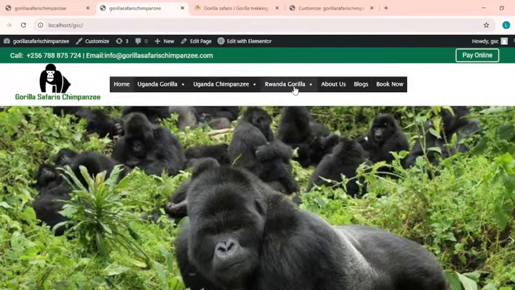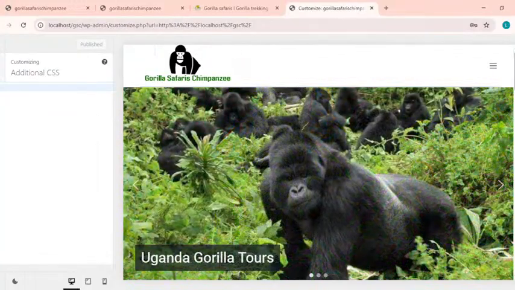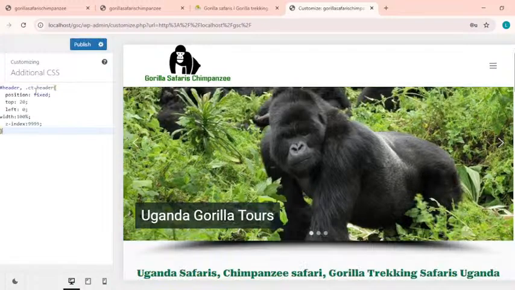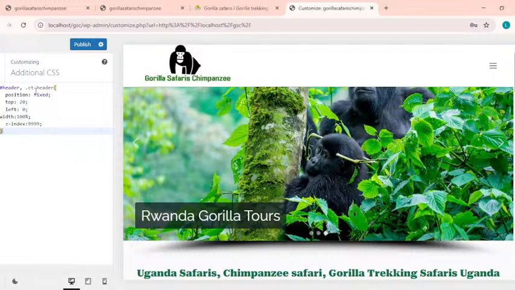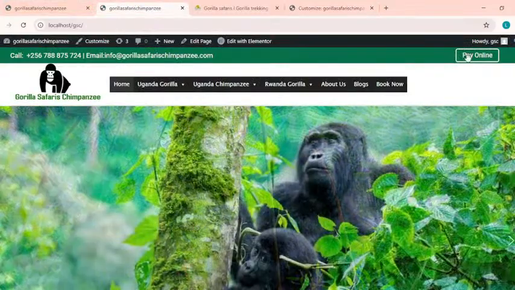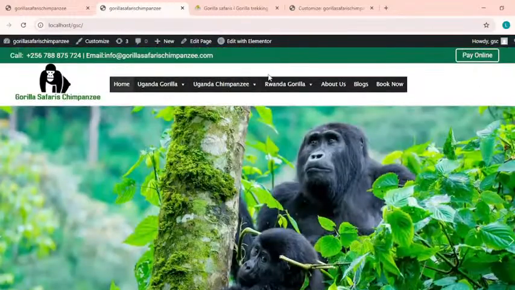So for you to make it sticky such that it doesn't disappear when you scroll away, you go to customize, then it will display this interface. You go to additional CSS, then what you simply do, you type in this line of code. It's just one line of code, and for those who are into this field of website designing, and maybe you've been experiencing the same issue, you're having your menu header or the main header and it is not static,